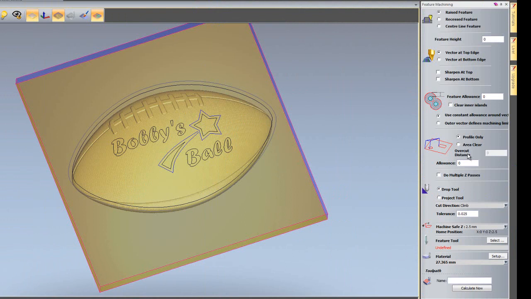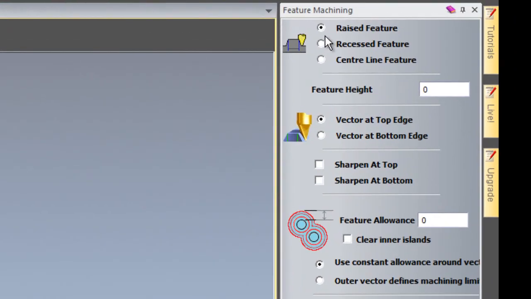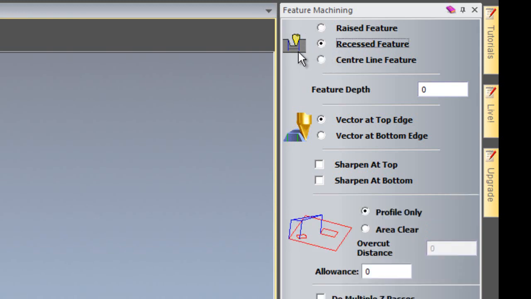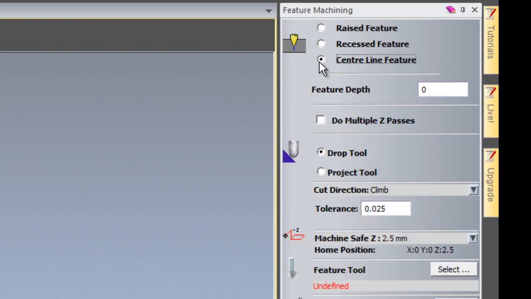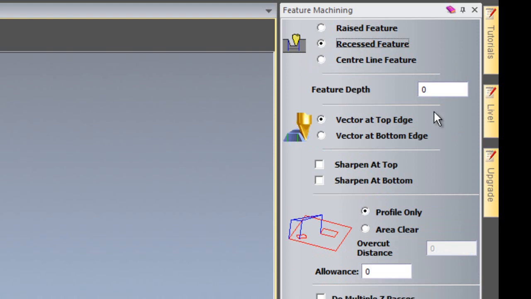Here we have quite a large dialog box. You can create a raised feature, a recessed feature. Here you can see that the icon changes to show you what you will actually get. For this particular example, I'm going to create a recessed feature, and I'm going to create it at 1 mm deep. I can select the vector at the top edge, or I can select the vector at the bottom edge, so this will make it smaller. I'm going to use the top edge at the moment,